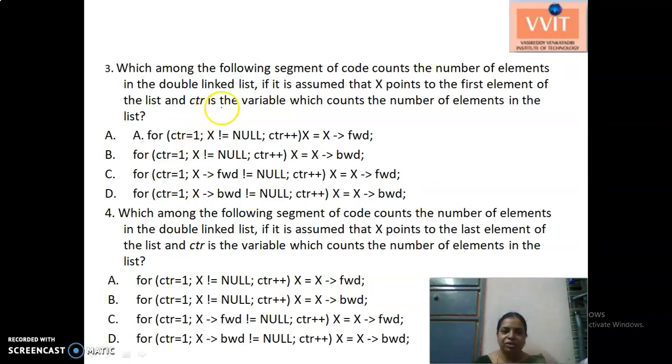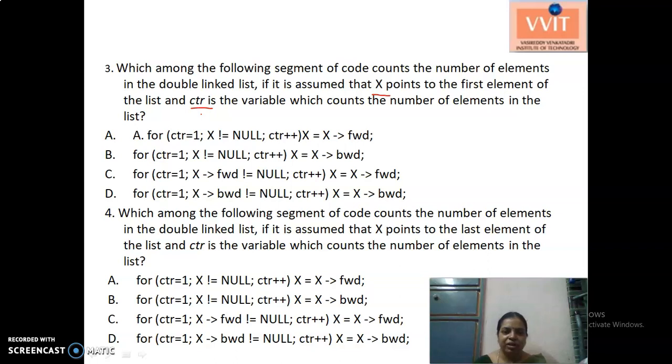For the third question: the following segment of code counts the number of elements in a double linked list, assuming x points to the first element and CTR is the count variable. Using which code can we count the number of nodes in the linked list?